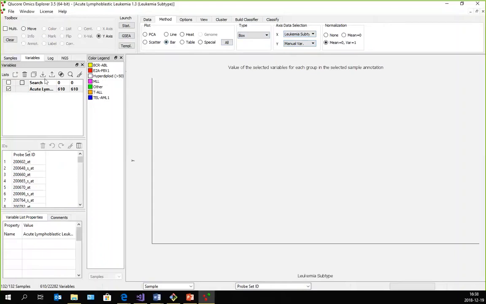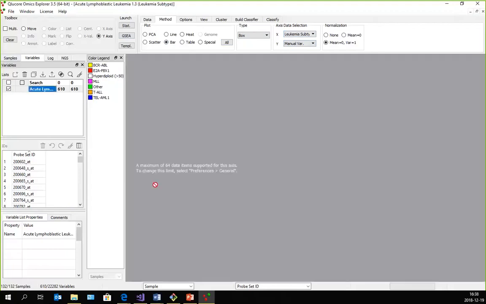I could click on this one. Now this won't work because I have too many variables. I have 600 variables. But if I click on this one here, I get a box plot for all the variables. We do have a limitation, however. We have a limitation to show a maximum of 64 plots, because if you get more than 64 box plots, they will be very, very small,